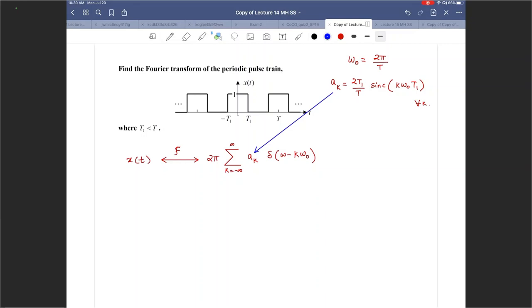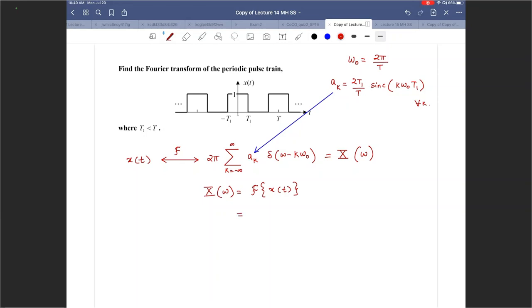When I substitute the a_k result, because this is a known quantity, I've looked at it before, what do I get? Well, let me define this as X of omega. Then what do I get? X of omega, the Fourier transform of x of t